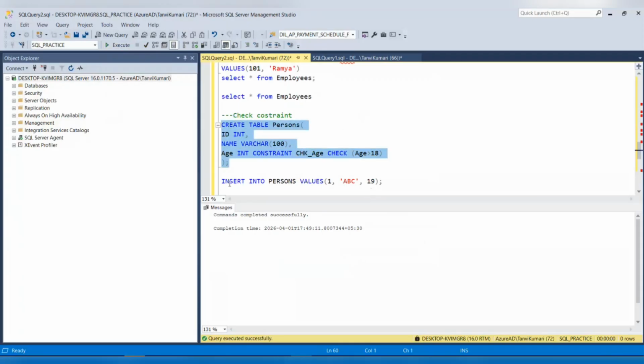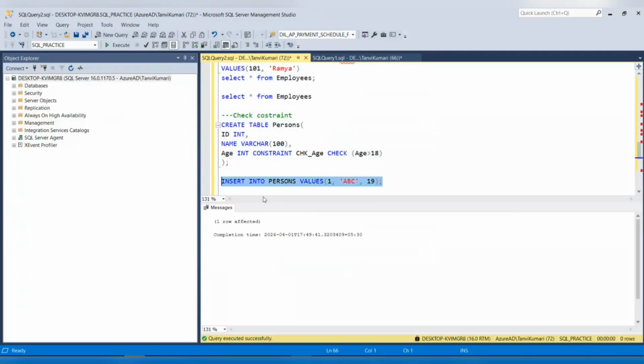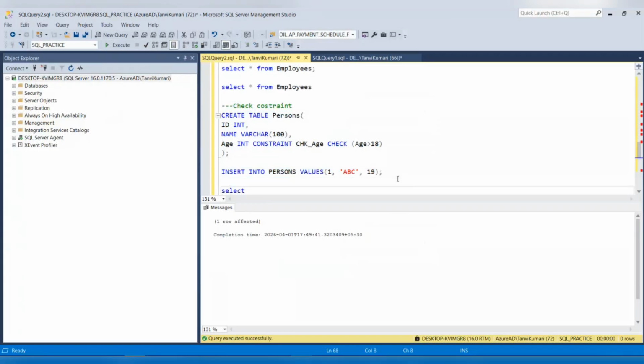To check this, let's insert a few values inside this table. We'll write the insert into command, assign the table name, and give the values, and inside the parenthesis we'll assign the values for the first columns: ID, name, and age. Here the age is greater than 19. So let's just run the command. You can see one row affected. Now we'll just see the data. Select all from